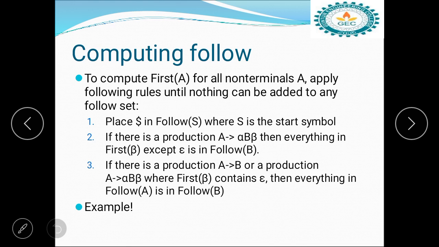If there is a production A tends to alpha B beta, then everything in first of beta except epsilon is in follow of B. So on the right hand side, first identify the variable, and the value immediately following that variable, whether a variable or terminal. So that value is a terminal.